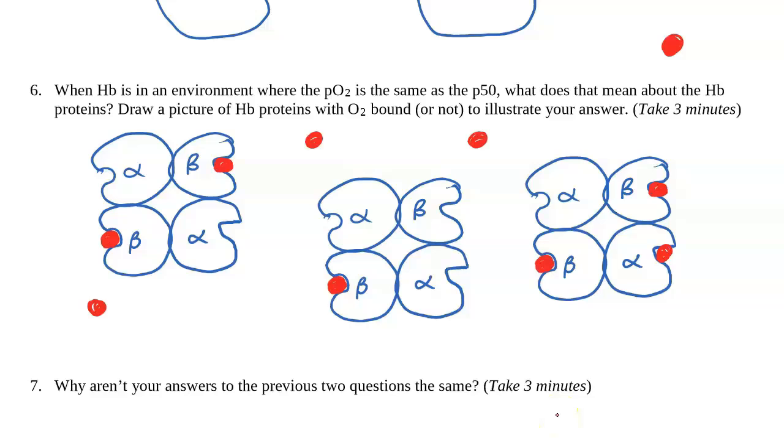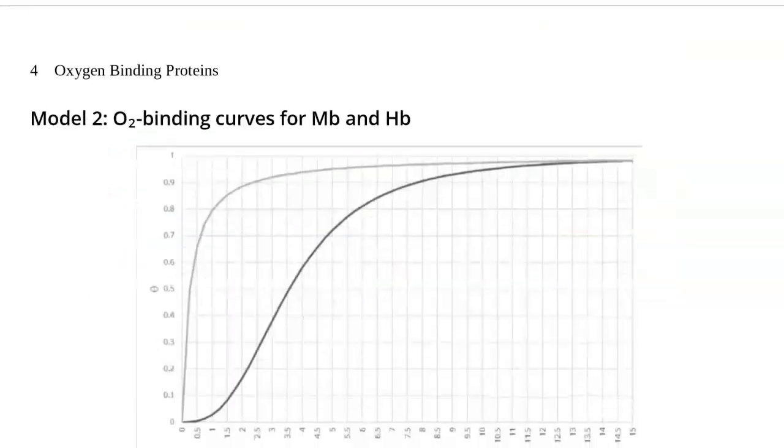I think we've discussed that pretty thoroughly. It has to do with the number of binding sites per molecule, right? So make sure you can write some good sentence about that. I'm not going to give you one, but I think you can come up with one. So let's go on with the next part.